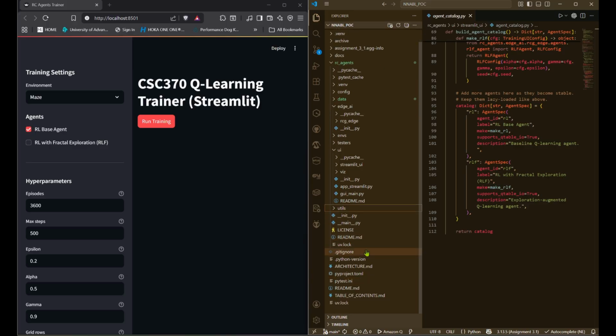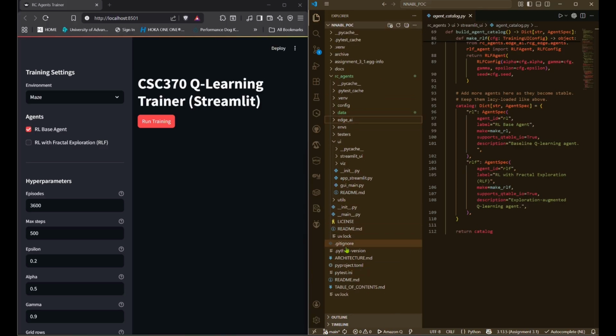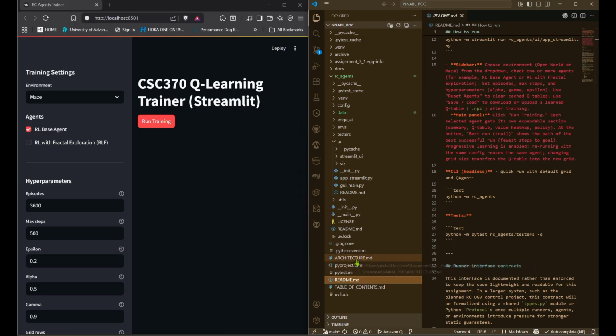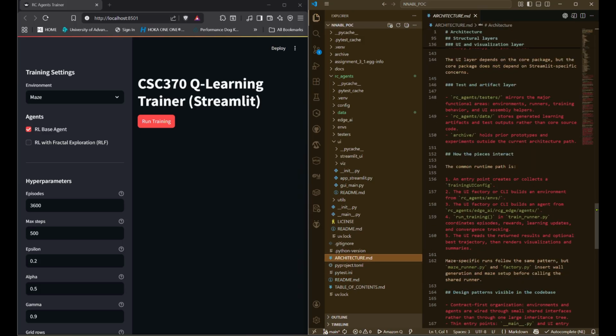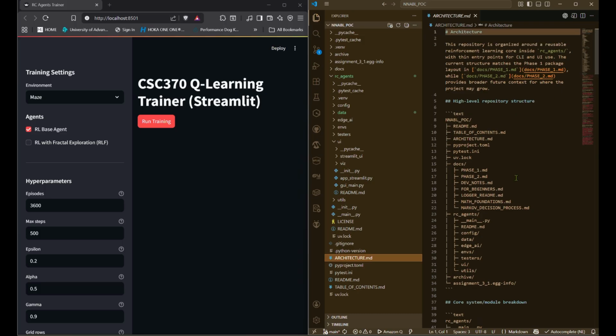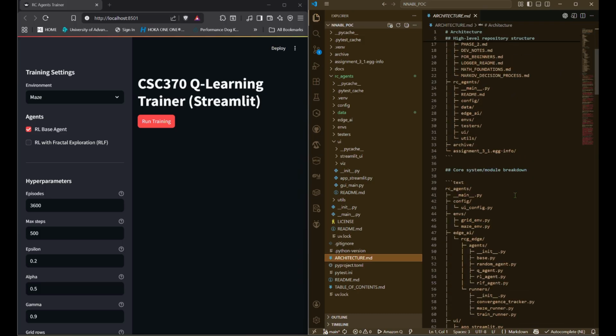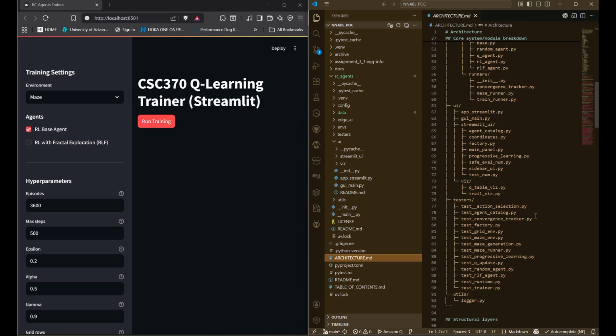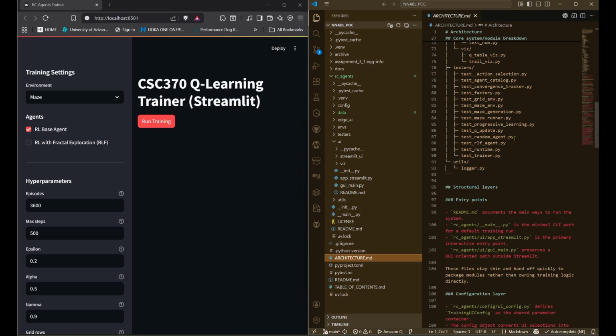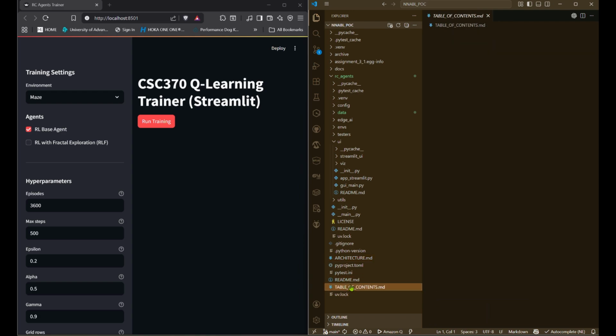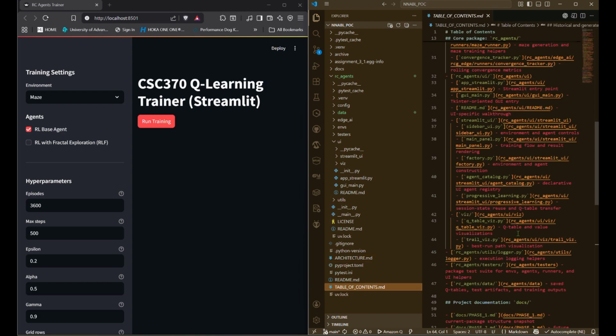And then all of this is documented at the top or the root of the repository, starting with the README. Then you can go to architecture. This has all the top level architecture decisions and roadmap so that you can find your way through the repository quickly. And then table of contents is a GitHub facing table of contents, which isn't usable here in the development space, but on GitHub, these act as links to the